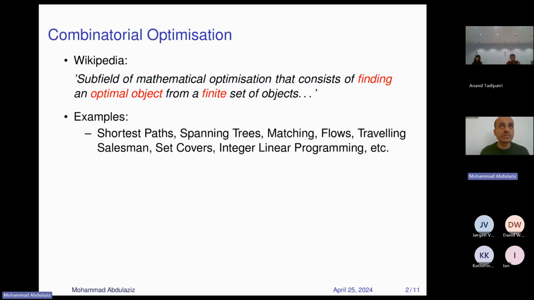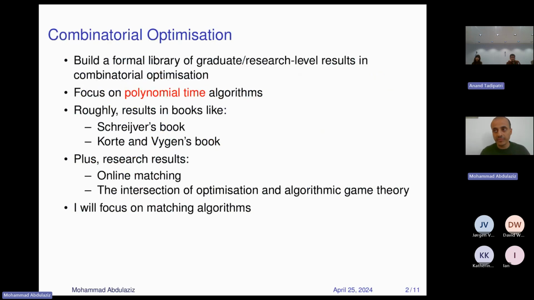and students have been doing on matchings, but this is generally a bigger effort that we're trying to do. The main goal here is to build a formal library of graduate and research level results in combinatorial optimization. So we want to have the basic results that will allow you to formally prove anything that depends on theory that would exist in a graduate level textbook. And the focus of our work is mainly polynomial time algorithms,